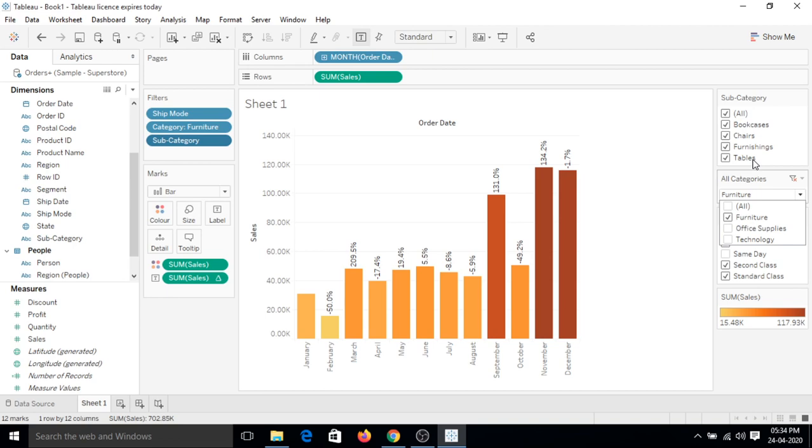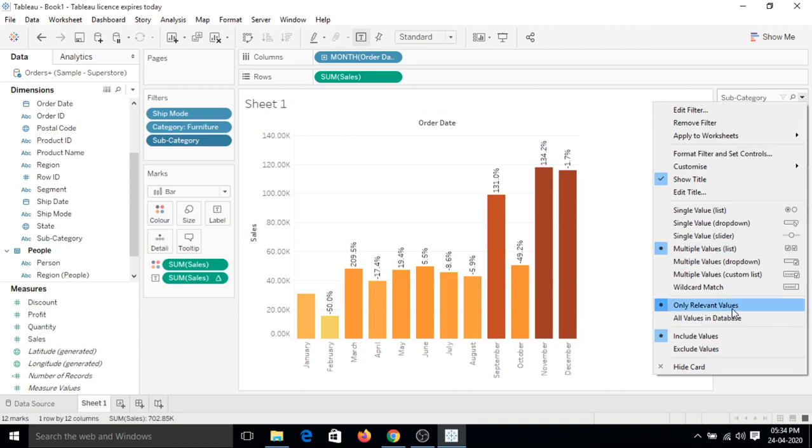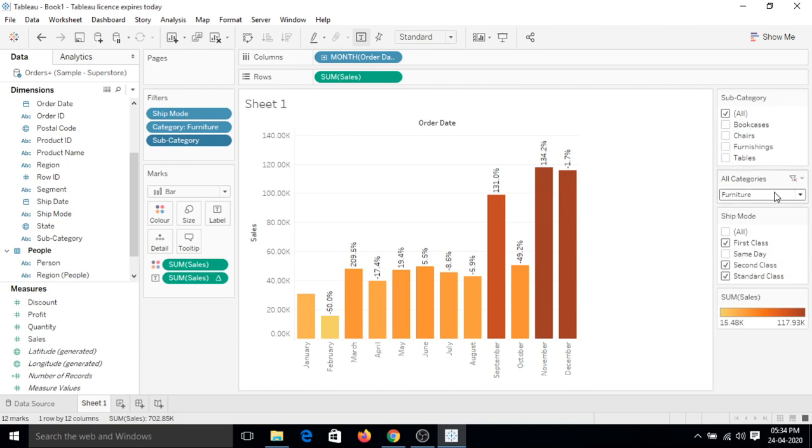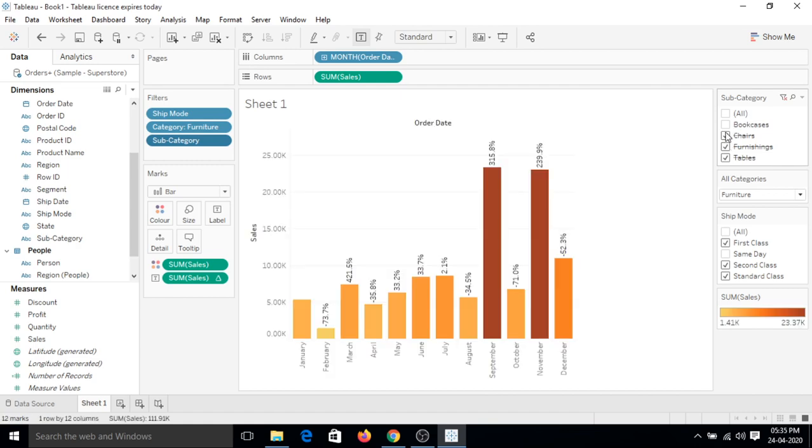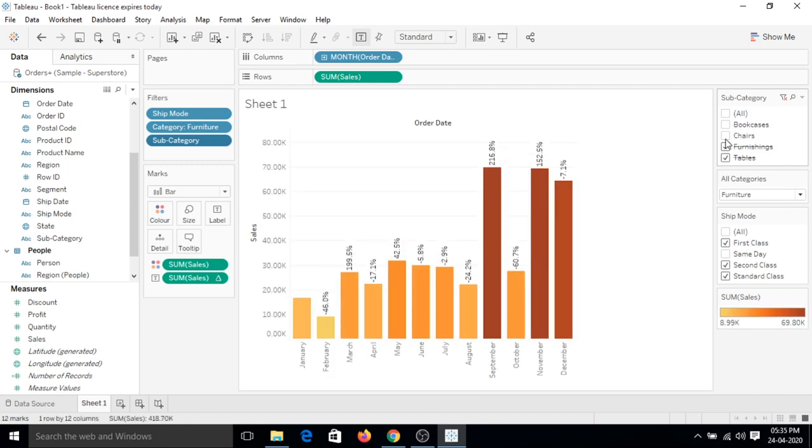So this is a very important filter option which we use in our production environment as well. So let's explore some other options, which is include values or exclude values. Here we are getting an option to exclude these values.